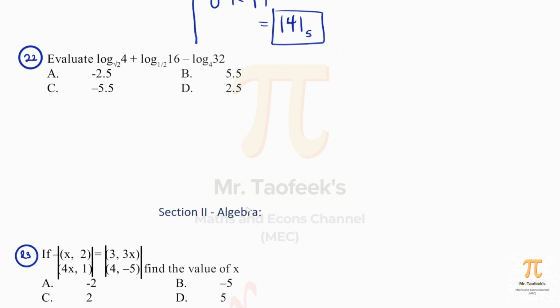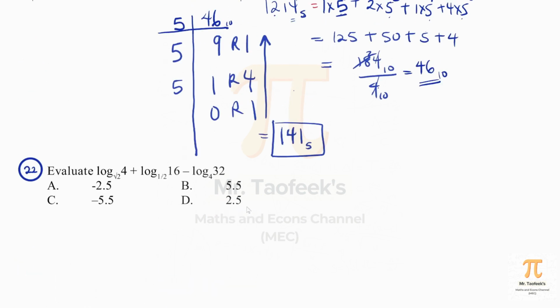So what is this question asking us? This logarithm question is saying that we should evaluate log 4, base root 2, plus log 16, base half, take away log 32, base 4. Okay, so this is basically simplification of log, and the most important simplification here is to remember that what we